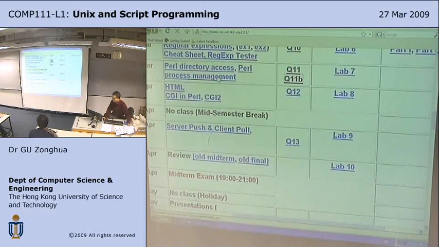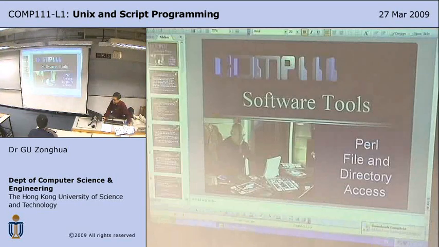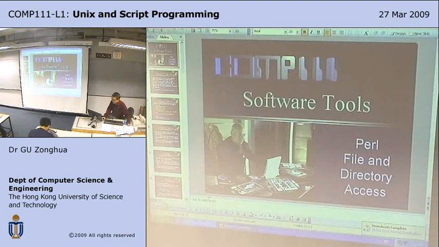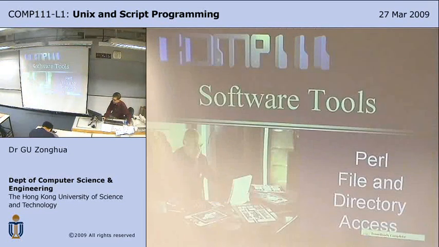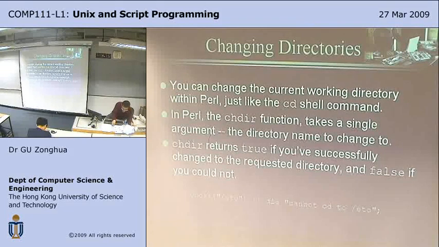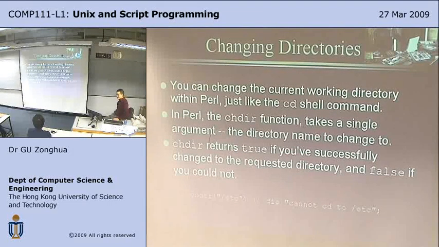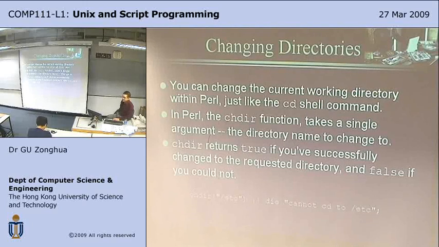Okay, so we move on to our next lecture on Perl directory access. You can change the current working directory in Perl with chdir. cd is the shell command for change directory, but in Perl you need to do chdir dir,